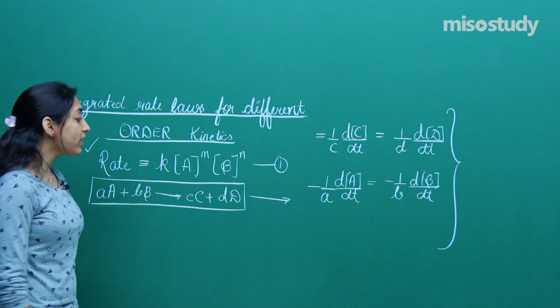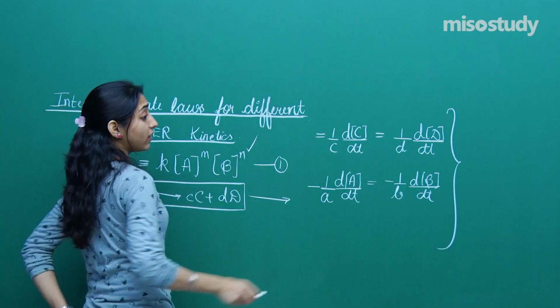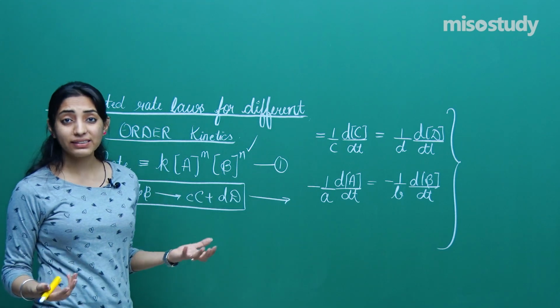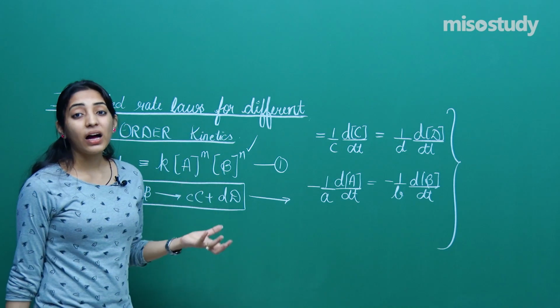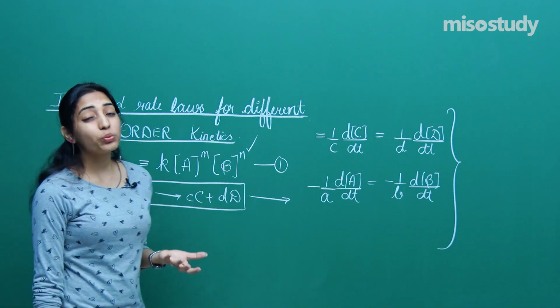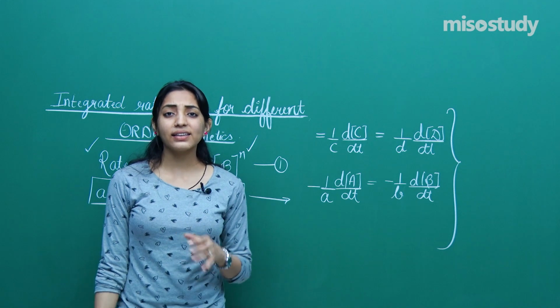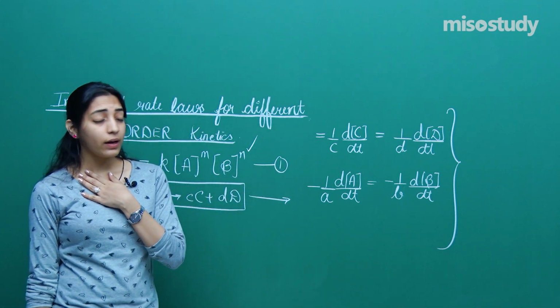But the problem here is that this is totally experimental. Putting in the values is not easy. I mean, maybe the power is 1 by 3, or the power is 2 by 3. Calculating through those powers is not easy.